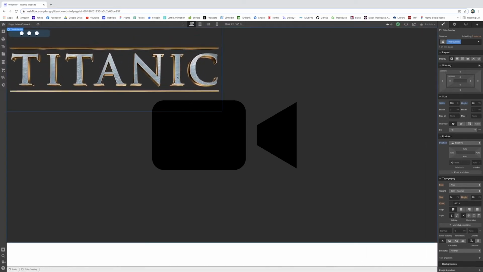But on our desktop, 50% still is nice and bold. It kind of grabs the attention there. But we're going to affect the title overlay container itself. So remember Flexbox, you guys? Another amazing feature that I mentioned in the past that we've used that helps us. So if we want to center our Titanic, just to show what we're going to do here,